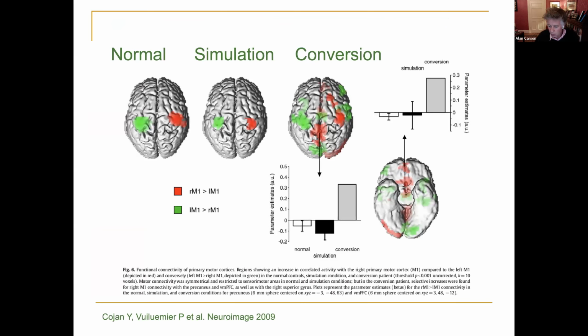And indeed, recent functional imaging studies, this is from Patrick Vuilleumier, who I think was one of the early pioneers of functional imaging in terms of study of functional symptoms, and just showing that simulation really produces the same connectivity patterns as normal movement. And that's no surprise. We know that even thinking about movement creates